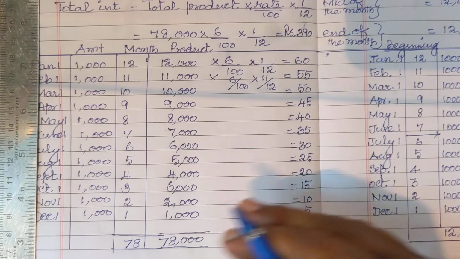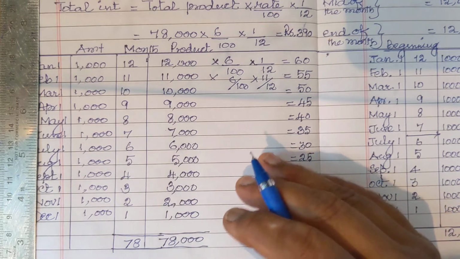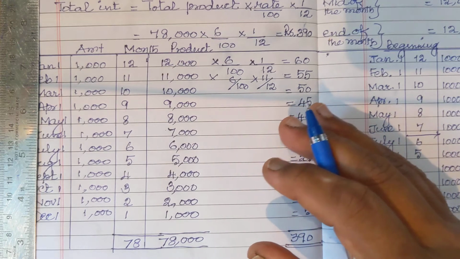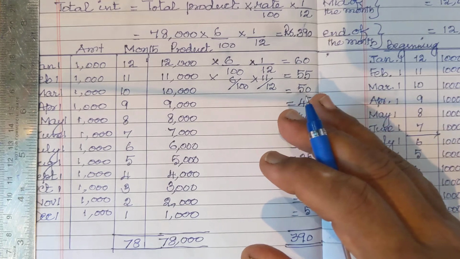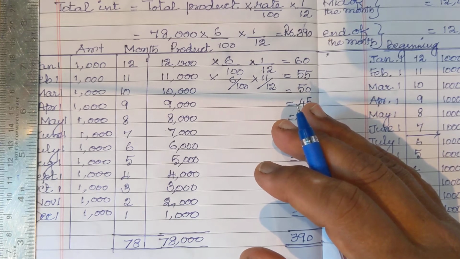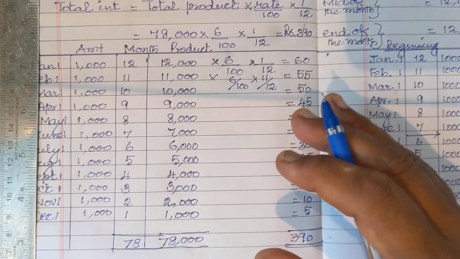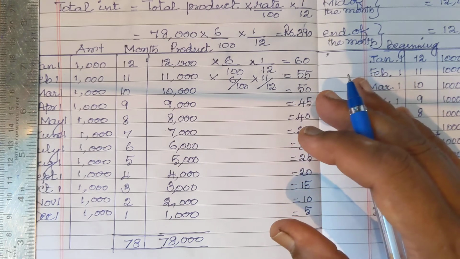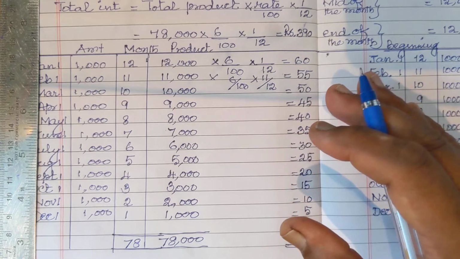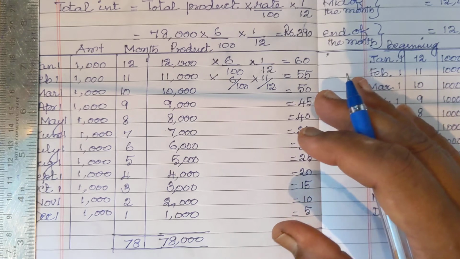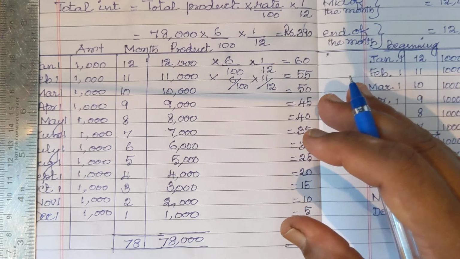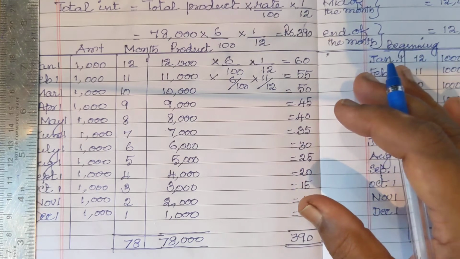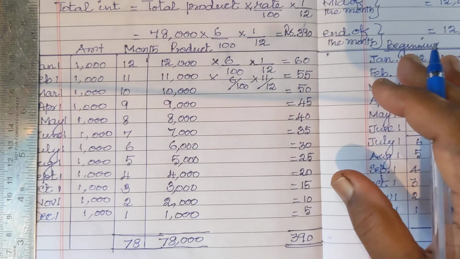So the first method is a direct method or called a traditional method. The second method is a product method. Okay, the third one is the average period method, which is like a bullet train. We will be able to calculate it very fast. So we will see what are the circumstances we can use these methods, under what conditions we can use these